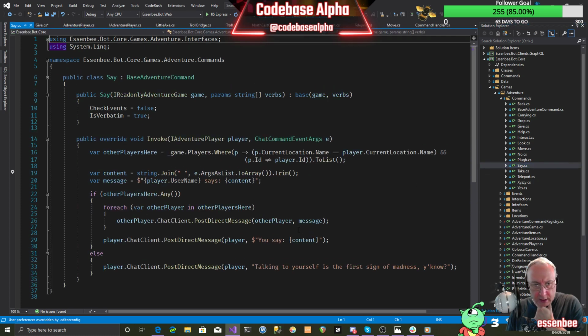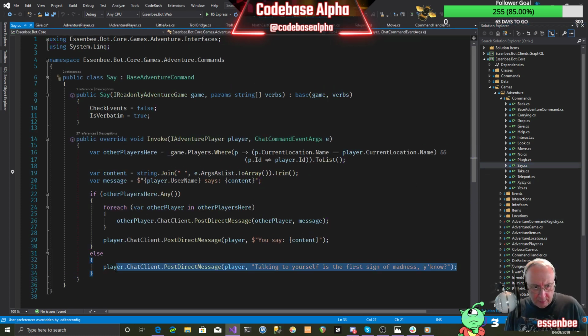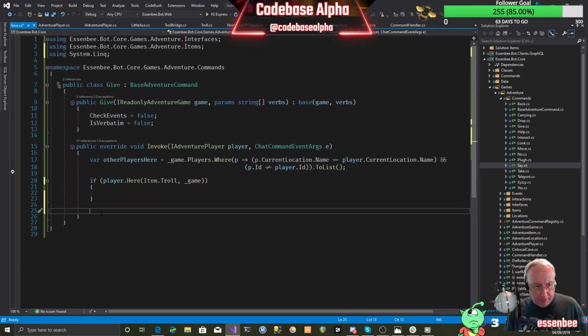So the say command, we can just grab that. So we can say dollar sign, in there for some string interpolation. I'm not sure who you want to give item